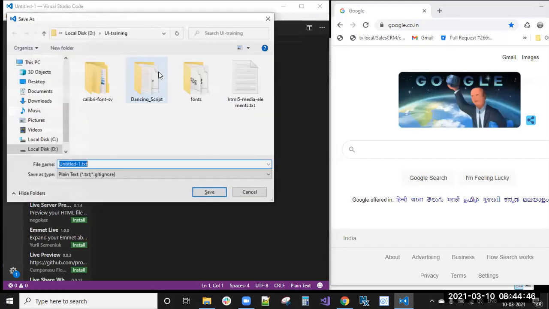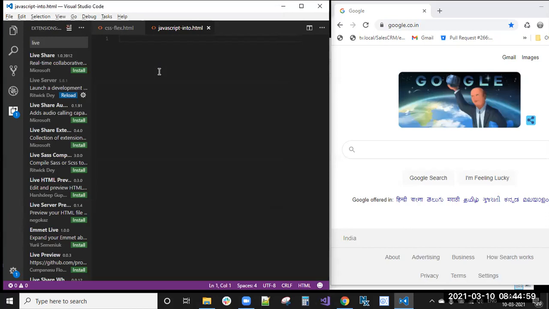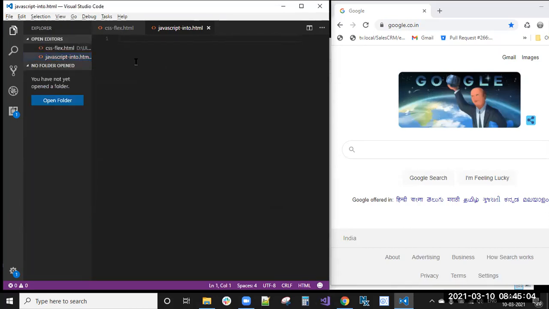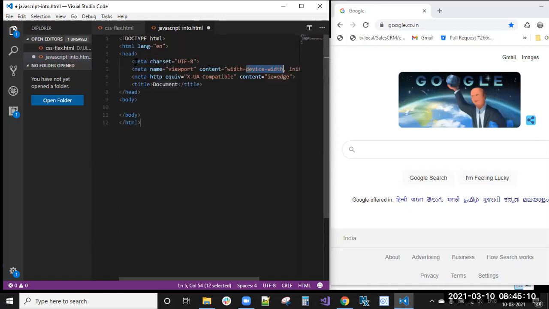So I'm saving the JavaScript class file with the dot HTML extension. Next, no need to write it all out. Shift one, then tab, and automatically it will give you the HTML default code.